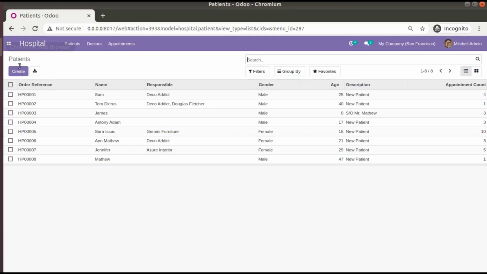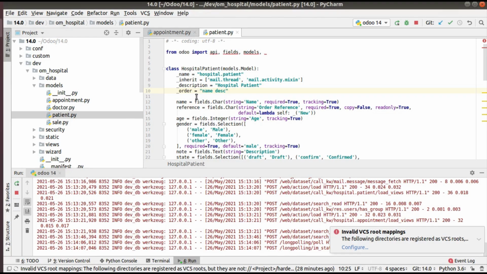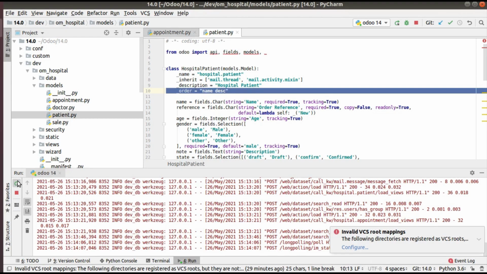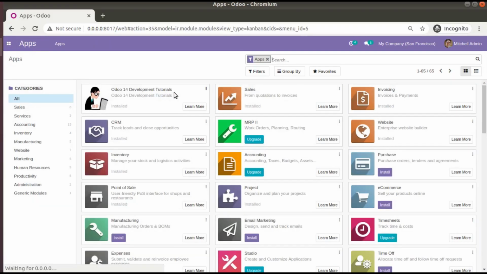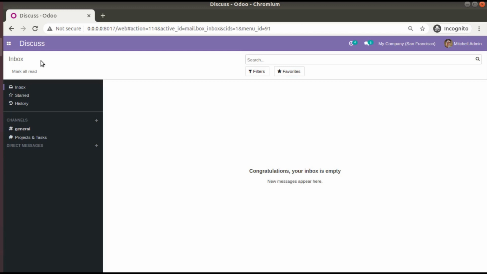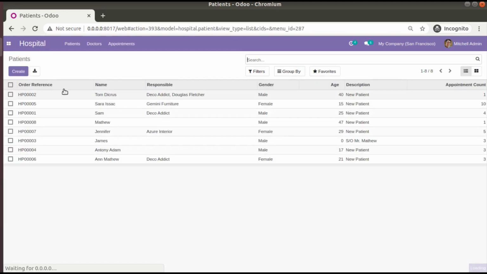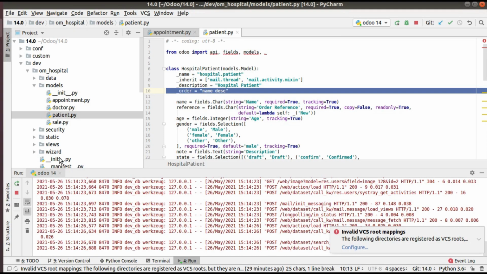Right now in the patient model you can see it's in increasing order, HP 001, 2, 3, 4, 5, 6, 7, 8. So I have set name descending, and I'll restart the service and upgrade the module. From here I'll upgrade the Odoo 14 development tutorials. The module has been upgraded, and if I come back to the hospital, you can see it comes in a mixed order. I think there is something that I have given inside the tree view, or let me check